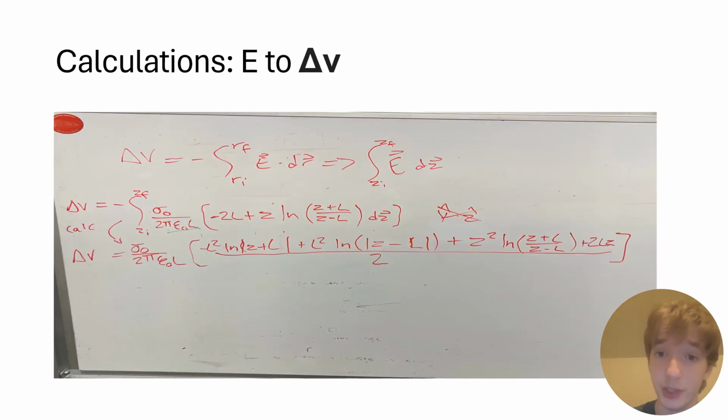We were then able to find our potential V, which is what the problem asked for, by using our knowledge of the relationship between the electric field and the electric potential difference. We accomplished this by taking the integral of our previously determined electric field, integrating from our initial position Ri to our final position Rf with respect to z, which we changed to the integral from zi to zf of E